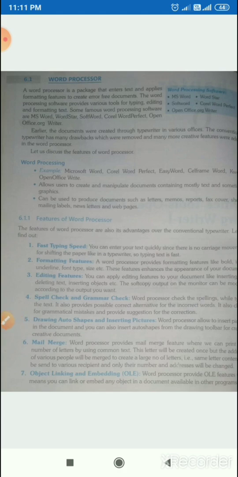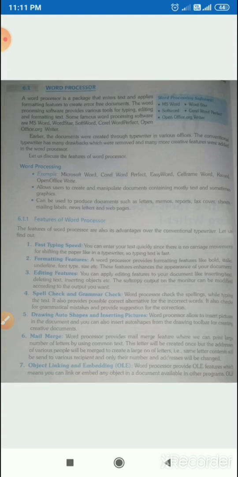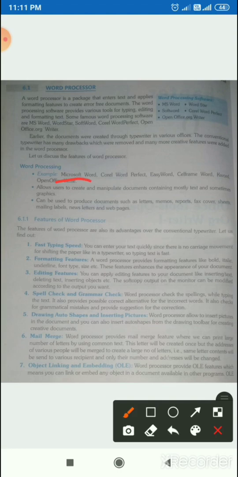Children, what we can do, we can easily create a document, we can format a document, we can edit a document. For this, we are using text document, and first we will start with only the text document. Okay, so there are many examples of word processing: Microsoft Word, Corel WordPerfect, Easy Word, and the OpenOffice Writer, which we will learn.